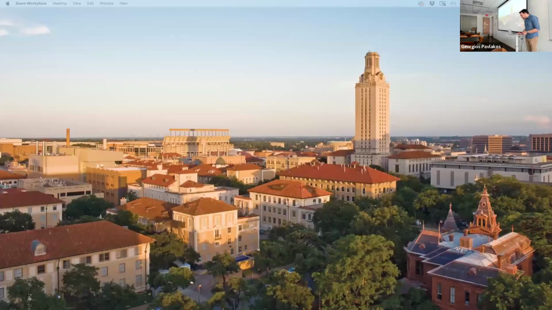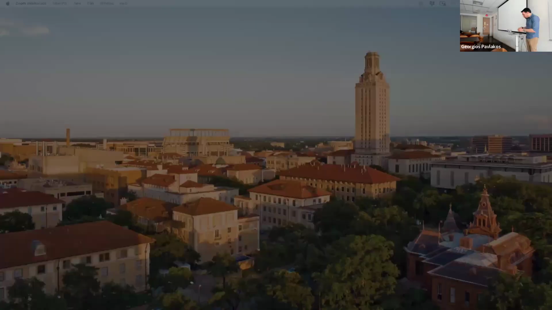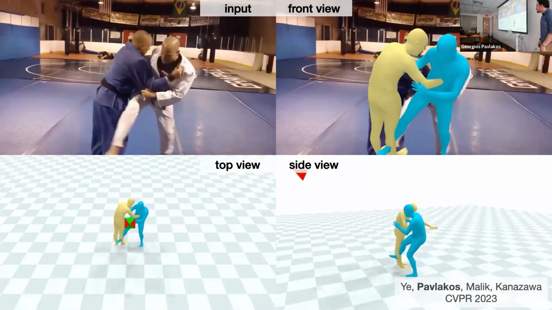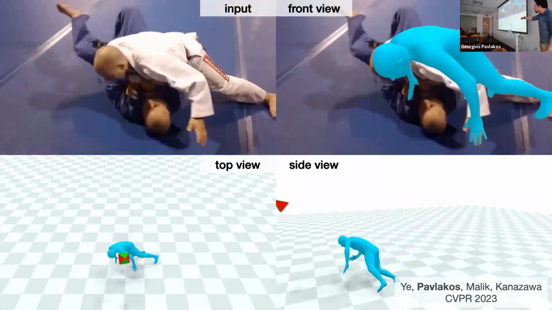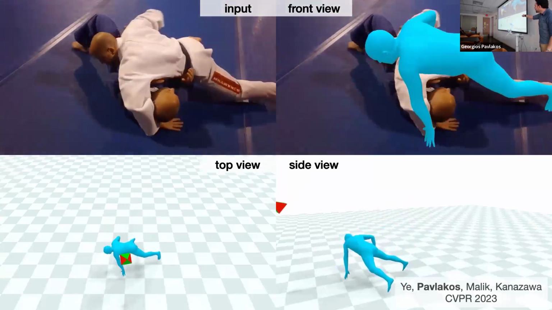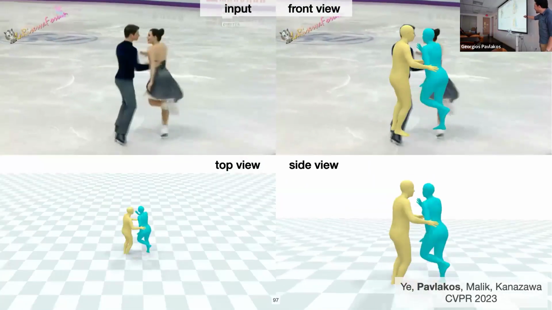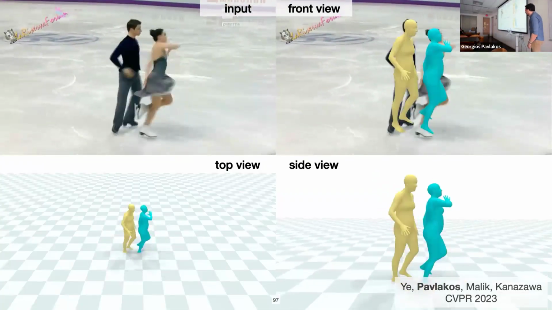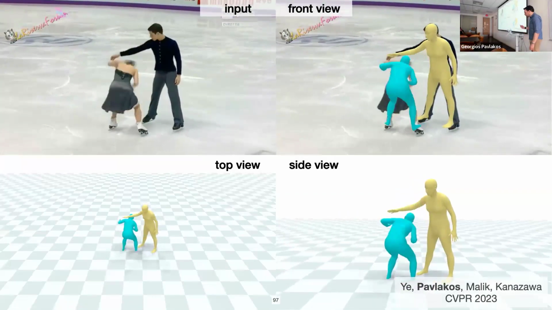And just coming closer to the end, we'll show you some results of this. Again, this seems to be quite robust here. It jointly models, as you can see, how the camera is moving and how the people are moving in the space. So it's the best system that we currently have for this.